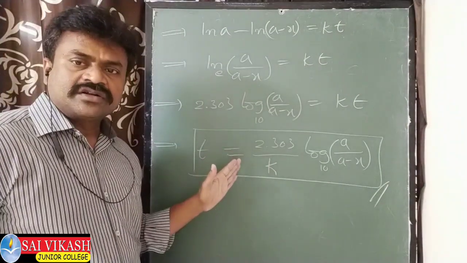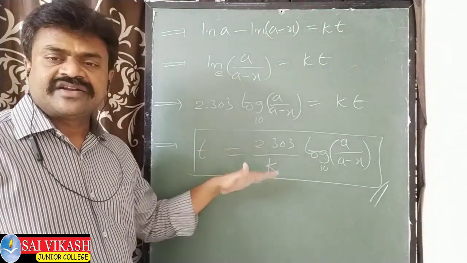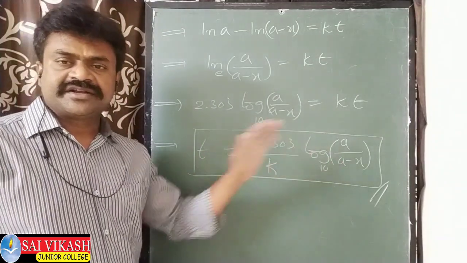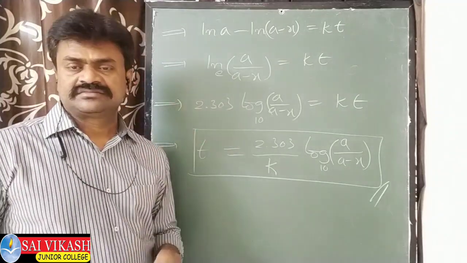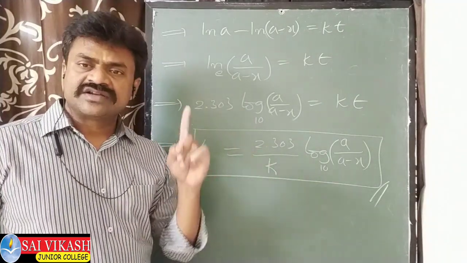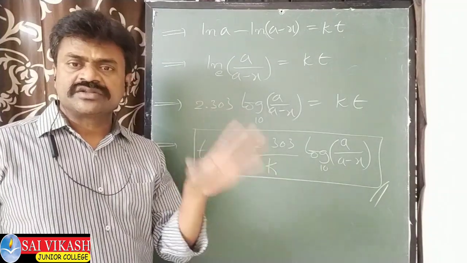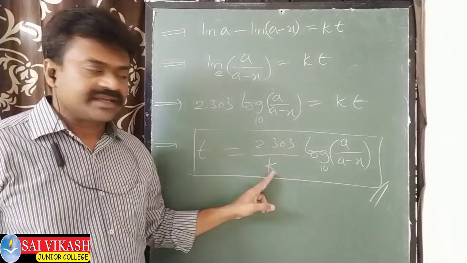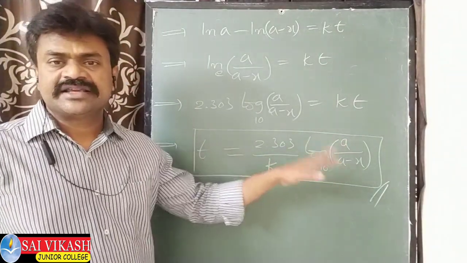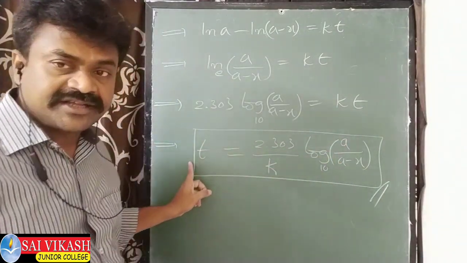Yes, finally we got this. This is a frequently used integrated rate equation in the entire chapter. Frequently, first order based questions only they will ask. So t equals 2.303 by k log of a by a minus x, where t is the time of the reaction,